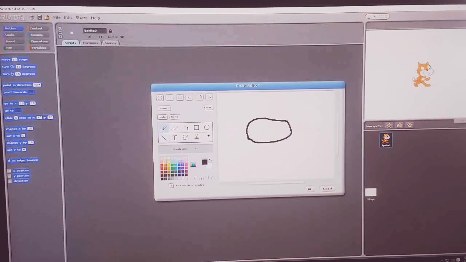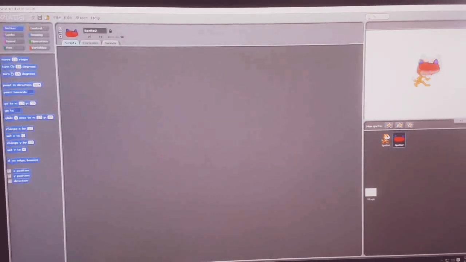Whatever you want you can make the shapes, and you can give colors also, fill it, like this, just one example. Click, so that the paint drawing will appear here.